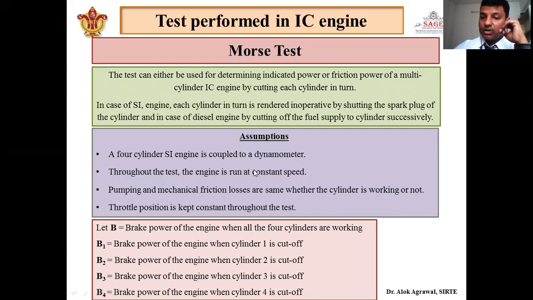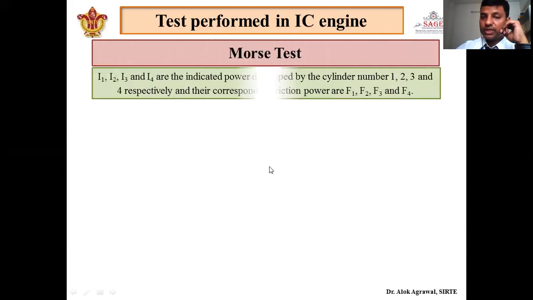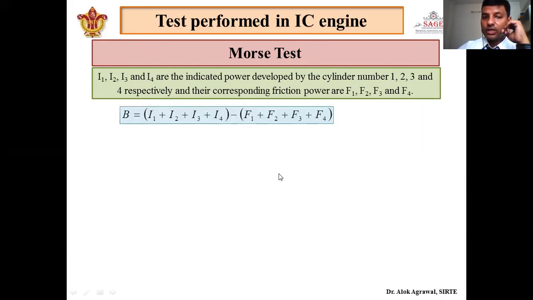B1 reading can also be taken by the dynamometer. Like this, all five brake power readings can be taken by the dynamometer, and we cannot say anything till now about the indicated power and brake friction power. We are just assuming that these are the indicated powers of the 4 cylinders and these are the friction powers of the 4 cylinders. So from the knowledge we already have, we know that brake power is the difference between indicated power